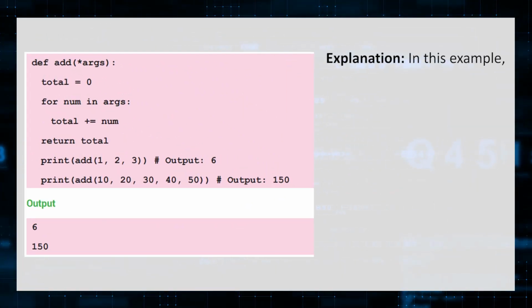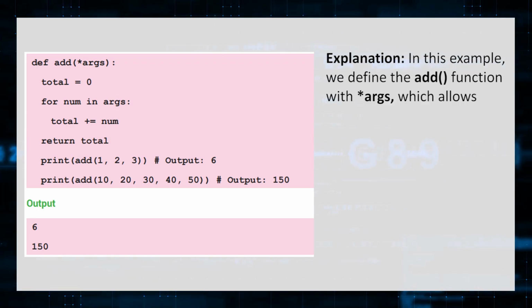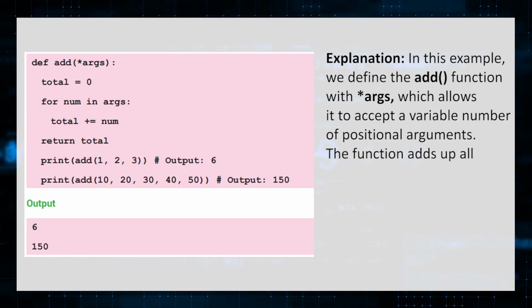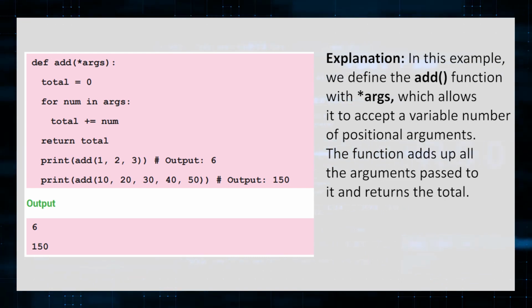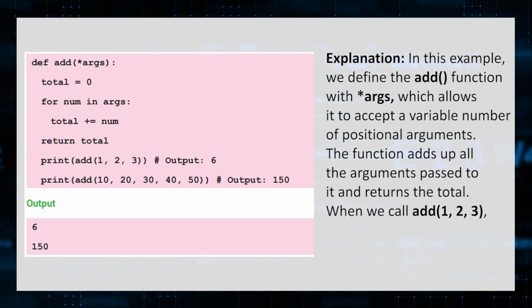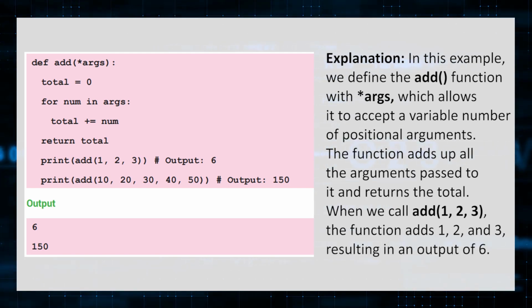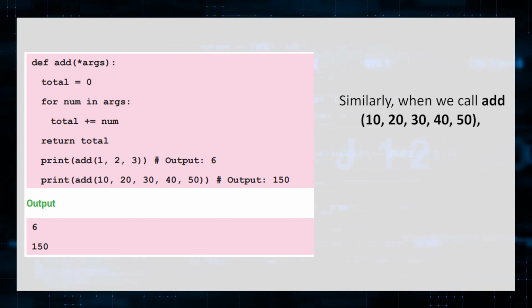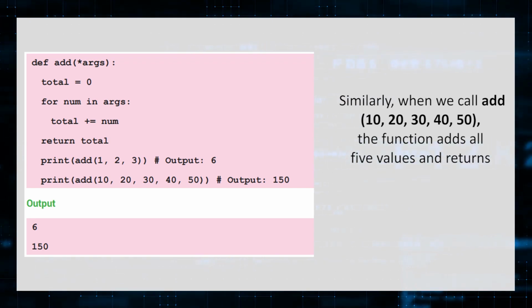Explanation. In this example, we define the add function with *args, which allows it to accept a variable number of positional arguments. The function adds up all the arguments passed to it and returns the total. When we call add 1, 2, 3, the function adds 1, 2, 3, resulting in an output of 6. Similarly, when we call add 10, 20, 30, 40, 50, the function adds all 5 values and returns the total,